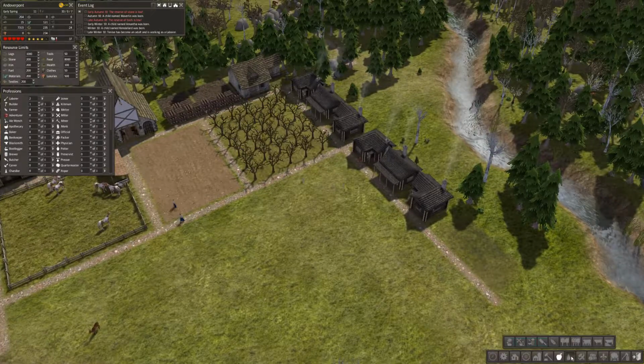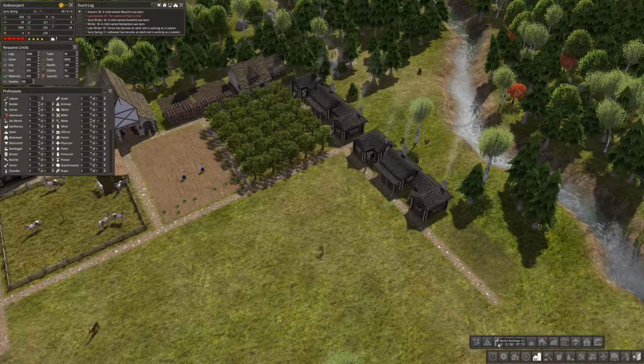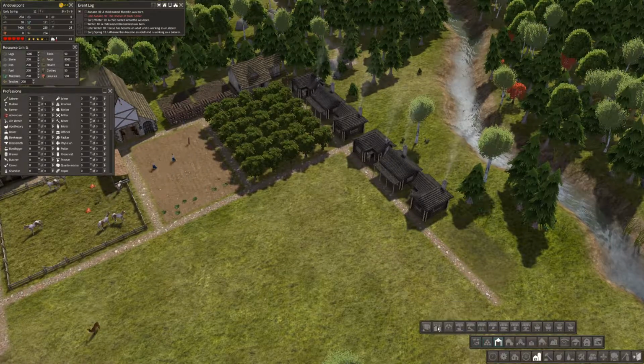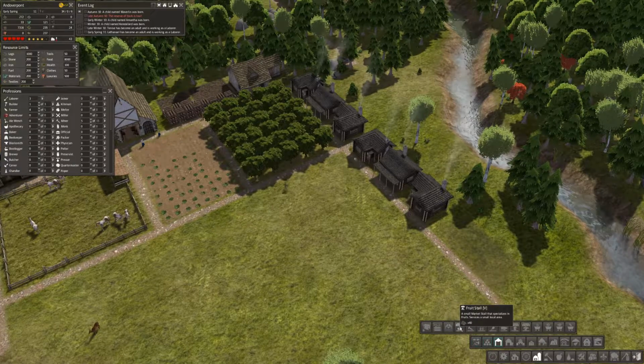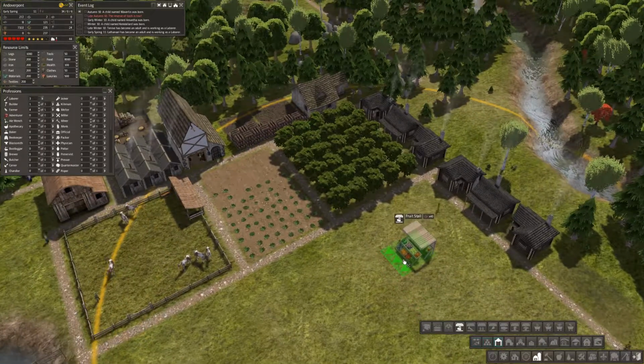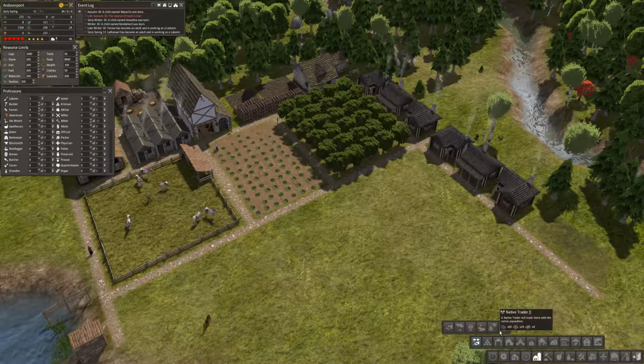Well, but I did want a market. Where was markets? Ah, market buildings. Rural markets, central markets. So we can make our own little market itself. If only I could build...